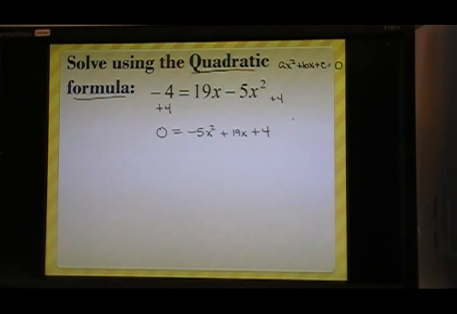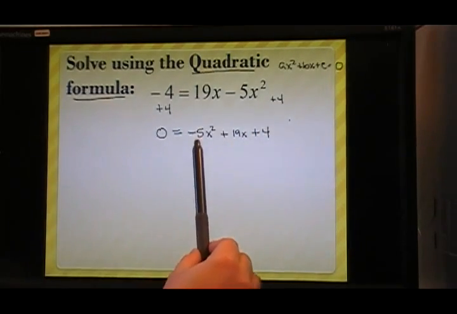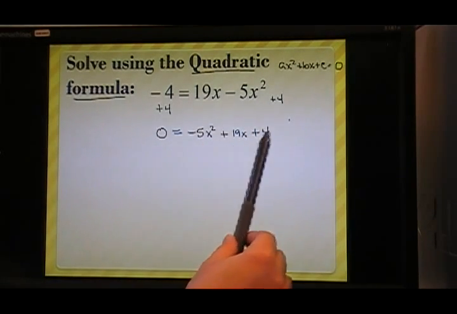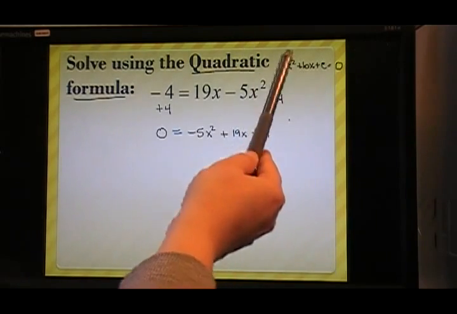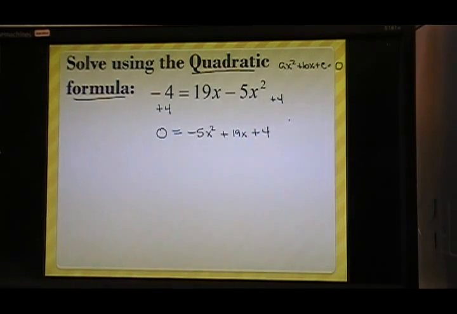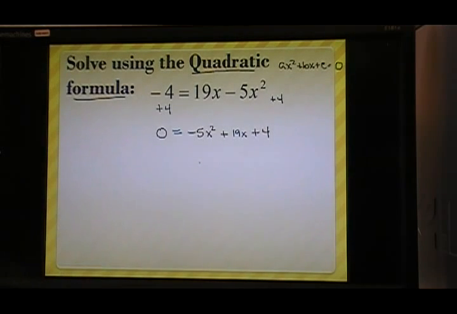So I'm at the point now where I could go ahead and assign values for a, b, and c. I could say a is negative 5, b is 19, and c is positive 4. But I always prefer for my value of a to be positive. I just find for myself and for my students that there are fewer sign errors when they go ahead and